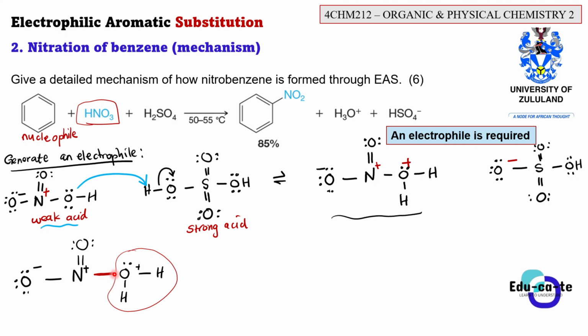And oxygen here is electronegative, so it will take away the electrons of this bond. So we must draw an arrow to indicate that the electrons of this bond are going to the oxygen. And when they go to the oxygen, it means that we don't actually have this bond anymore. So what will we have? We will have this oxygen, and what can we see with this oxygen? What will it do?